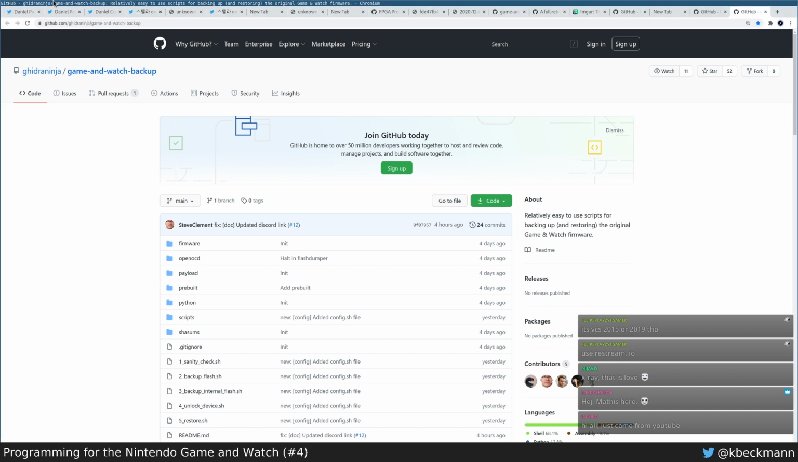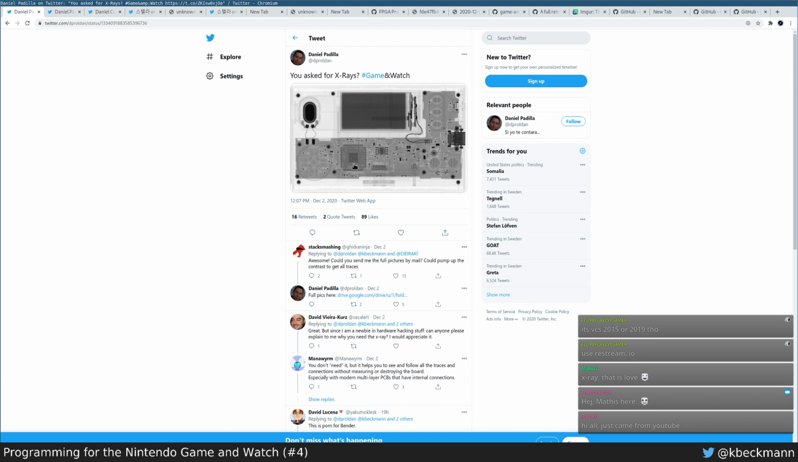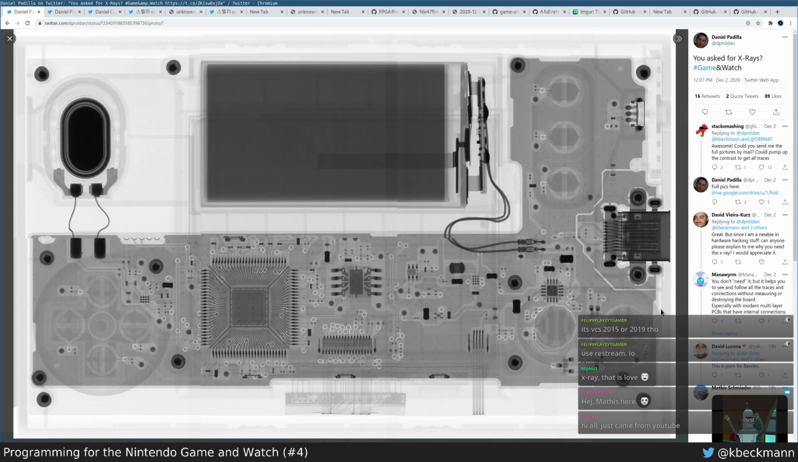Yeah, so I've opened up a few tabs here with stuff that I want to show. First of all, yesterday, there were a few X-ray images coming in on Twitter. Very, very cool. So maybe you think, okay, X-ray, that looks cool, but why? What is it for? Well, the reason is that you can trace out the traces where all the electrical paths go, and that way you get a full net list on how everything is tied together. And the reason why you want that is in order to be able to understand